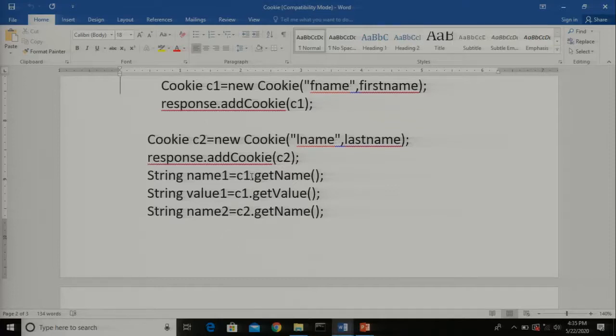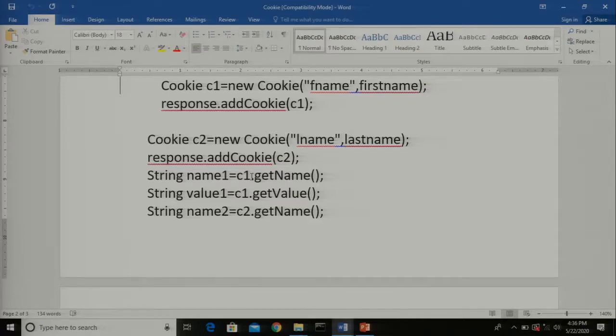So first I am going to create a cookie for the first value, that is first name, using the constructor called Cookie. So this is my cookie constructor for the first name. response.addCookie, which is the method used to add the cookie to the response, that is the C1 we have created right now. Then I am going to create another cookie for the second value, the same constructor. C2 is for the last name, the other parameter which we are going to pass, new Cookie, last name, then response.addCookie(c2). So I have created them and I have added them to the response.